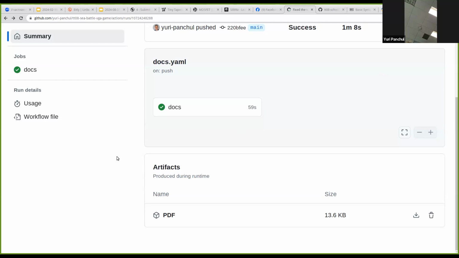PDF zip. Yeah, datasheet. Yeah, datasheet.pdf. So you can see that it produced documentation from .md file. Yeah, and in .md file you can specify even table, but in order to specify table in .md file,